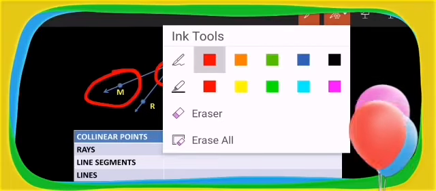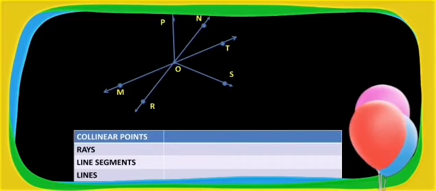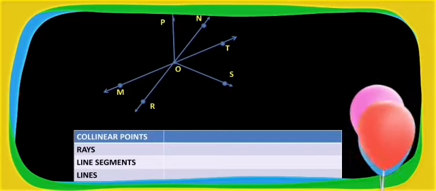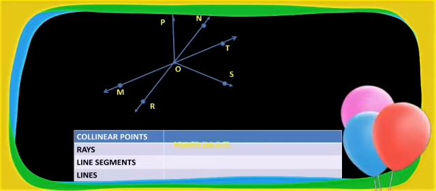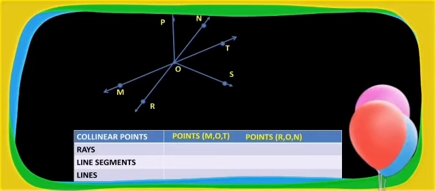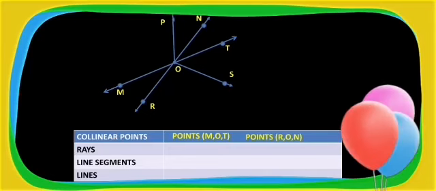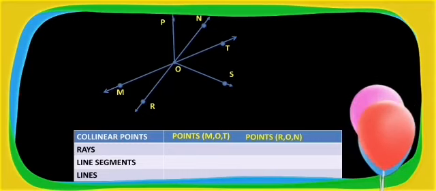And similarly, if you observe the diagram, point R, point O and point N, correct? Are you looking at the diagram presently? Yes. Point R, point O and point N, they are present on the same line and hence they become collinear points. Now I need to write the names of rays. If you remember the concept of rays, the rays always begin with a point and they move forward towards a certain direction, but they move with the same direction, correct?